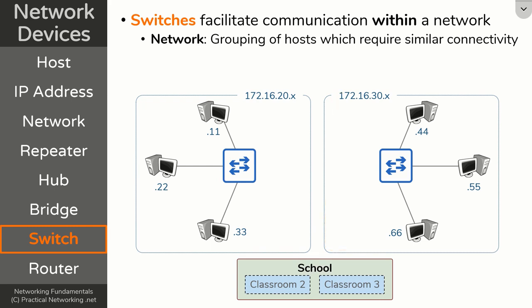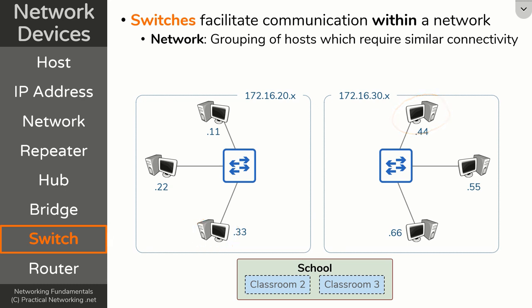Now, in both cases, we can still use switches to facilitate all the communication within the networks, meaning this switch can handle all the communication between these three hosts, and this switch can handle all the communication between these three hosts. But what happens if this host down here wants to speak to this host on a different